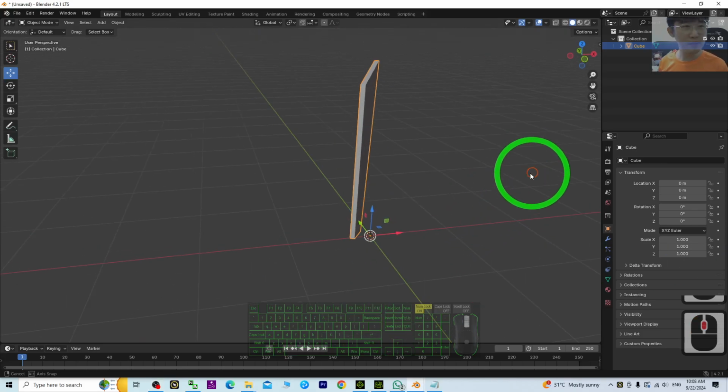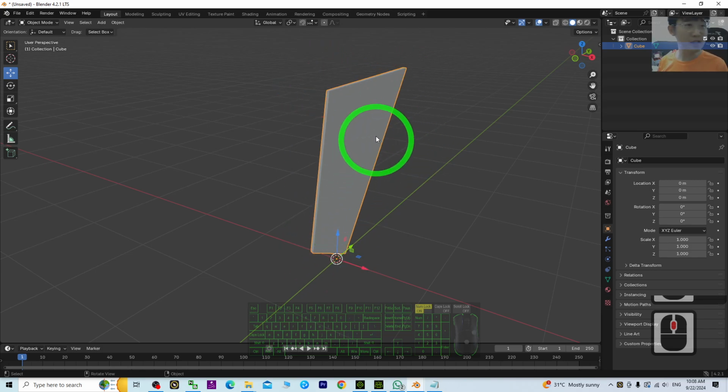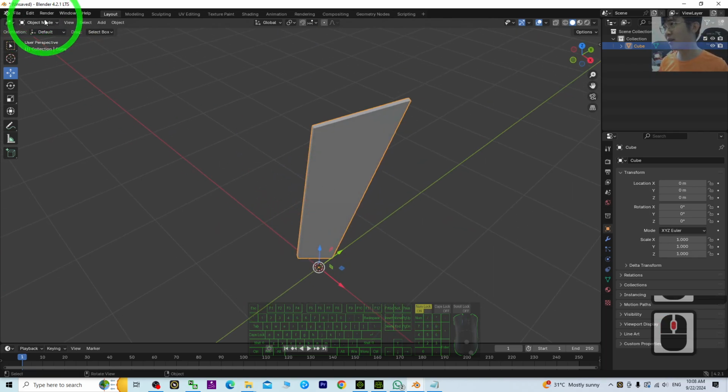How to create fan blades just by using Blender 4.2. Now you can see this is just an individual fan blade. To make it become 5 blades, what you need to do is just click this object, go to the edit